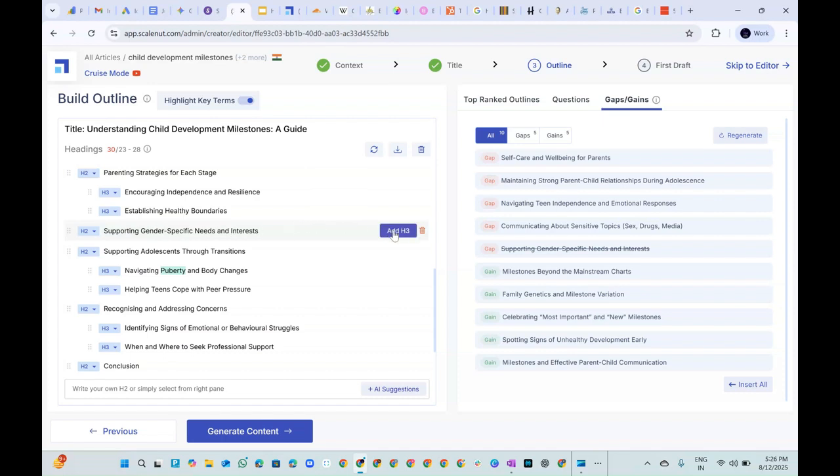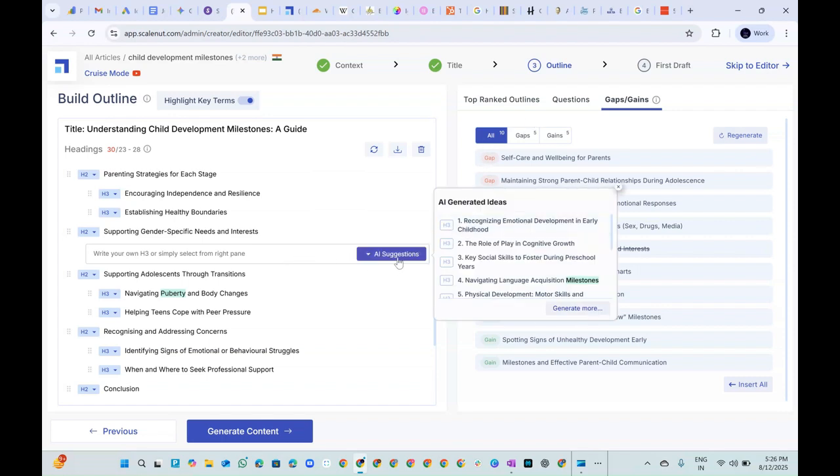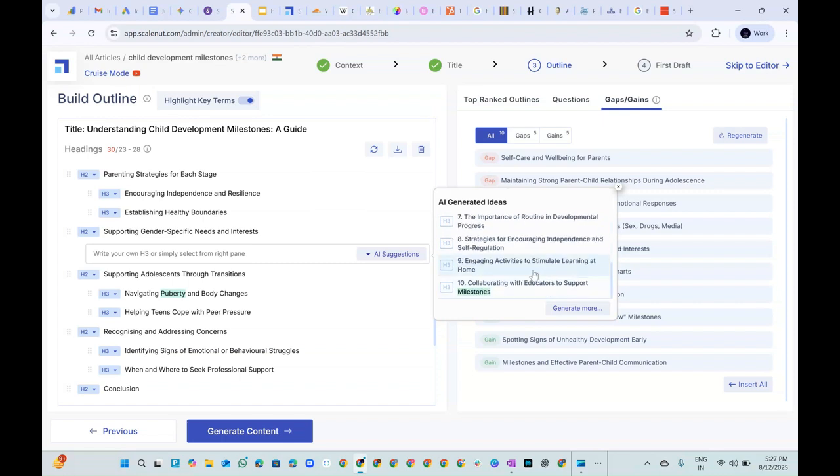We can add subheadings to it. If we click subheadings and ask AI to generate, it will read the topic. It will again go into the best outlines and give us some suggestions. We are talking of gender specific needs and interests. These are some suggestions from which we can choose,